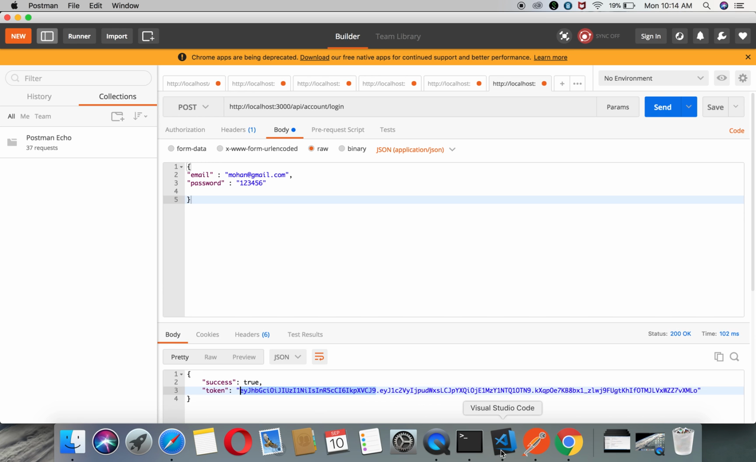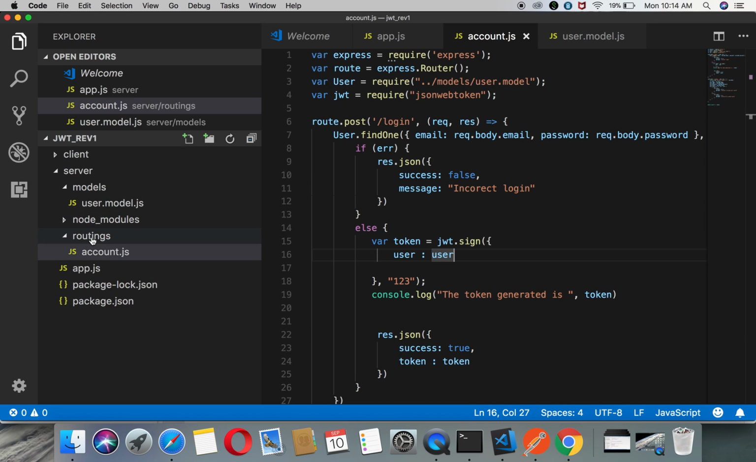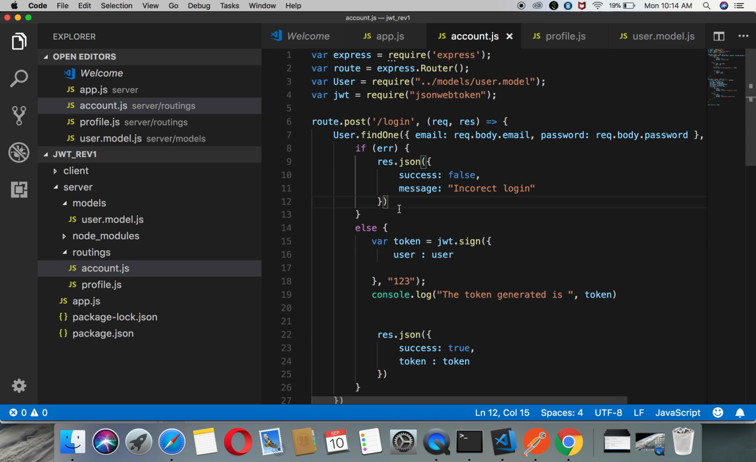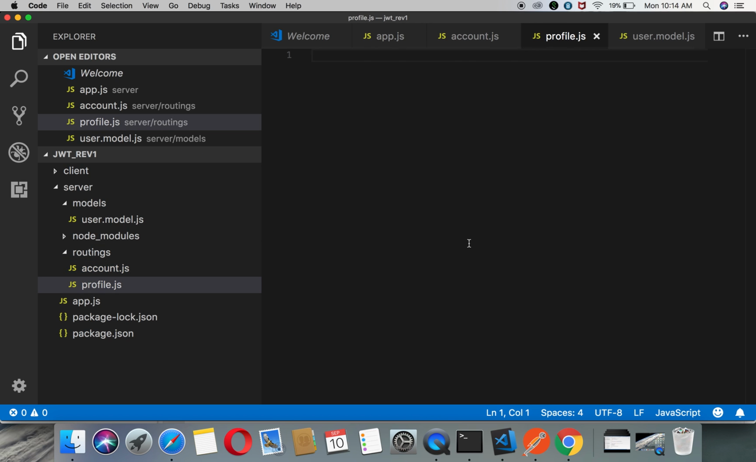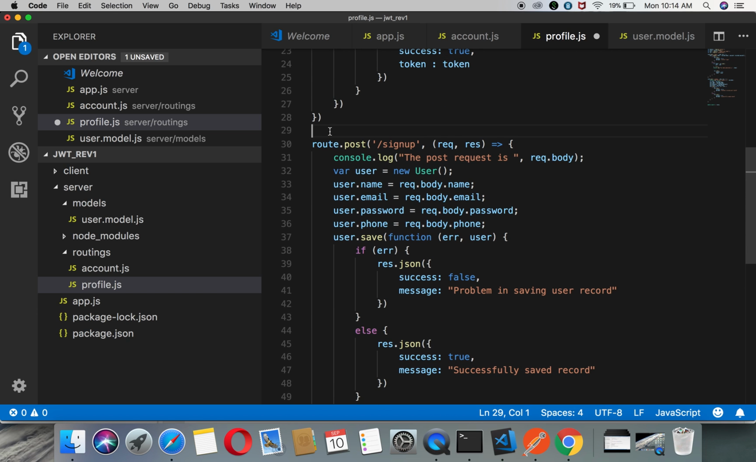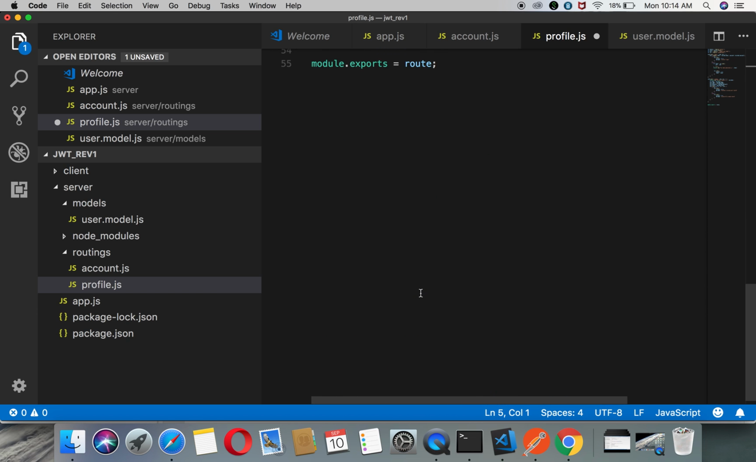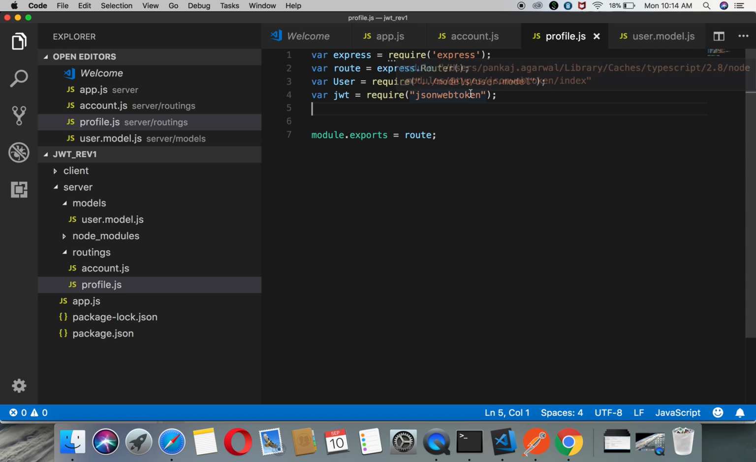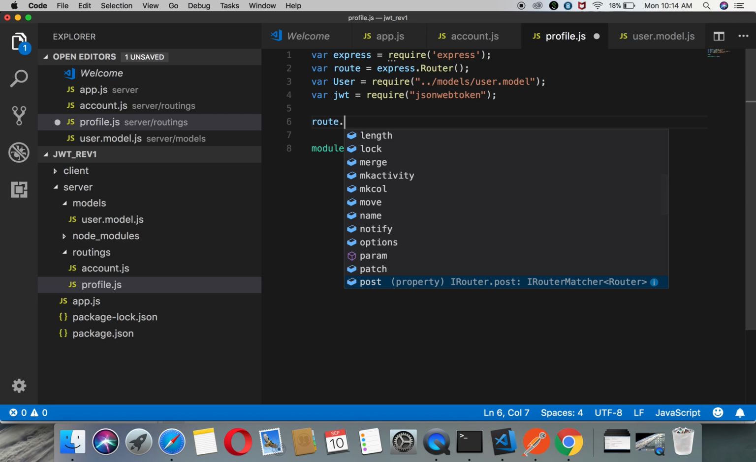So again I'm going here and I'm creating a new routing for profile. profile.js. Now let us copy some of the things from account.js, and here we have profile. I'm just deleting everything from here, right? And fine. Now we have JSON web token, and we have user model also, and we have router object also, and express also. Now here what we are going to do, a router.get method,